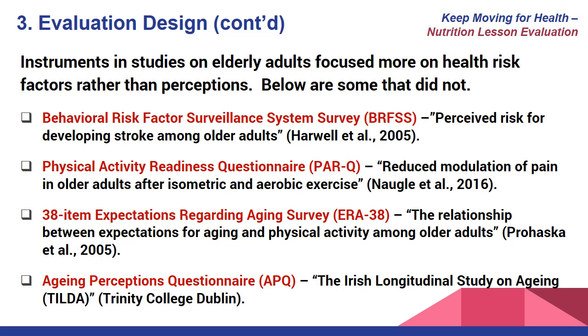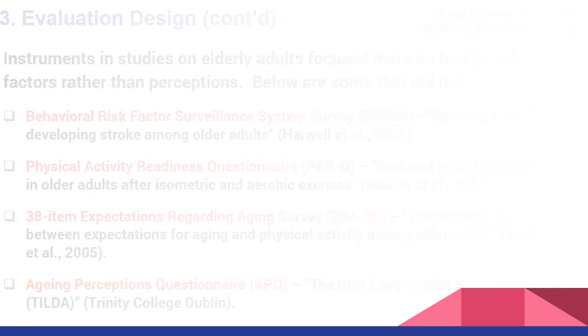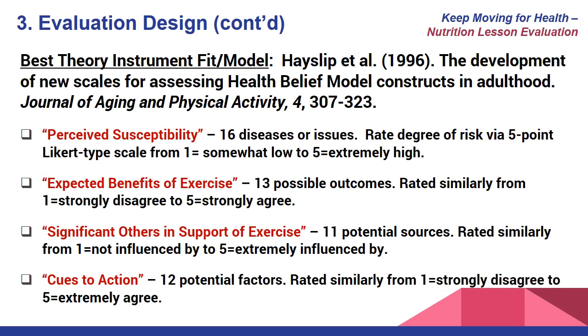All right, so of all those designs and instruments, the one that fit best was from Hayslip et al. And that team developed new scales for assessing the health belief model constructs in adulthood. And that is young adulthood and older adulthood. I focused on the older adulthood, which they did, and they overlapped the age range that I needed,